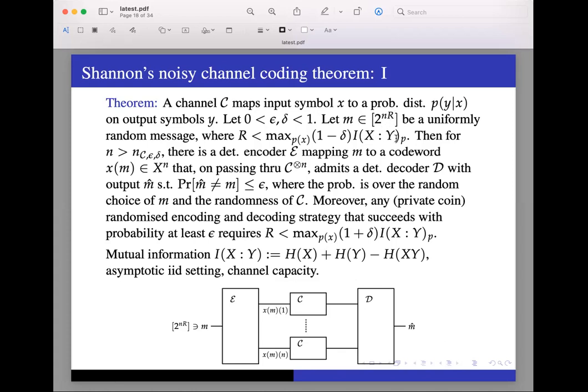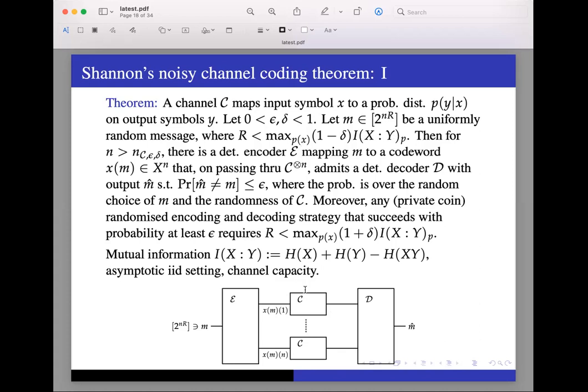So what is this number? There is a new quantity which is called the mutual information between X and Y. So recall what is X. I have the channel. X is the input alphabet to the channel, and Y is the output alphabet. Note that the channel maps a symbol X to a probability distribution over little y's, over symbols in the output alphabet. Now suppose I put in a probability distribution at the input, that is this Px.